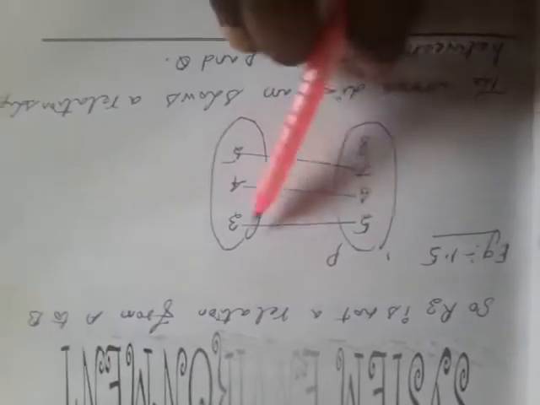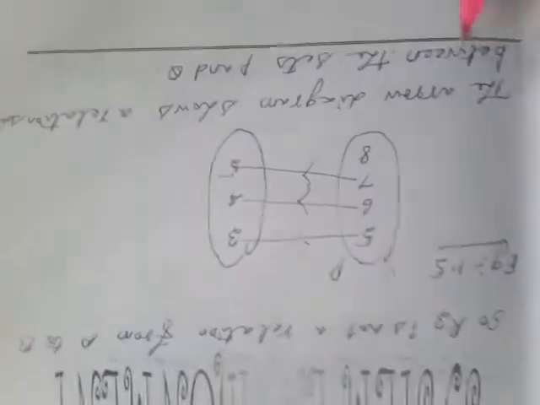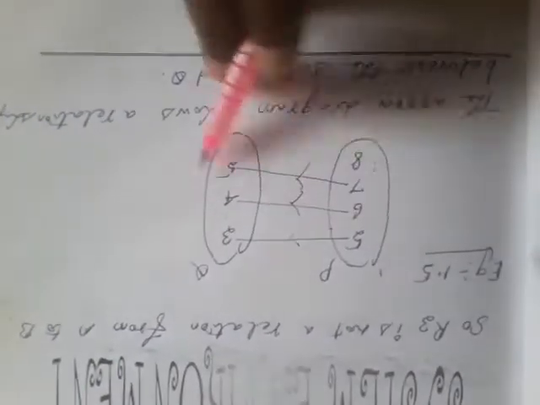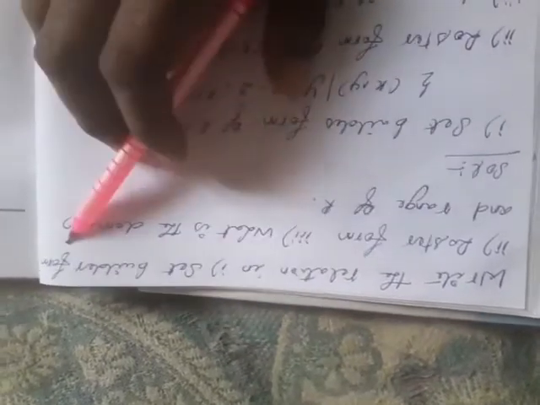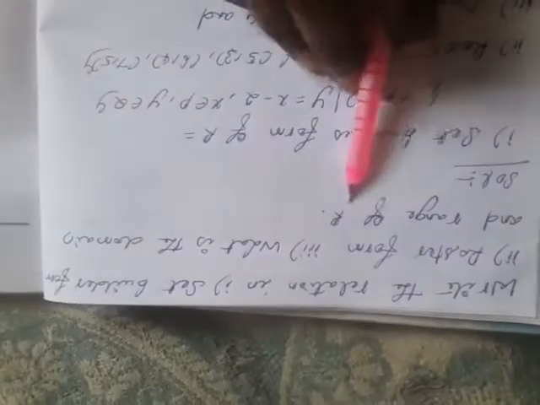Next we are going to discuss example sum 1.5. Here one arrow diagram is given. The arrow diagram shows a relationship between the set P and set Q. These two sets are given: this is the set P, and this is the set Q. Using that, we have to write the relation in set builder form, second in roster form, and third, find the domain and range of R.